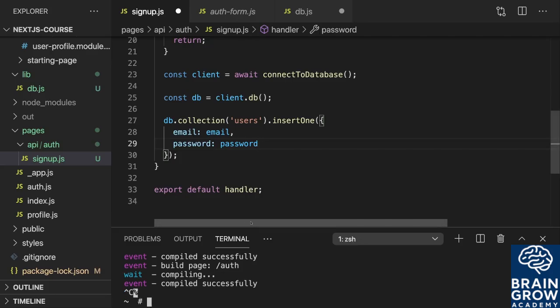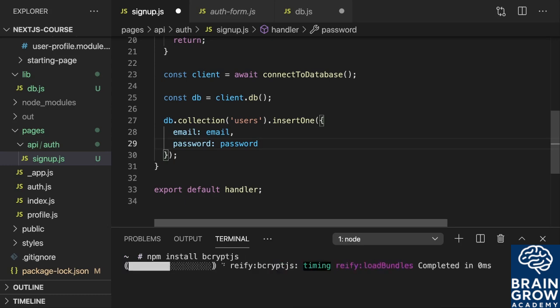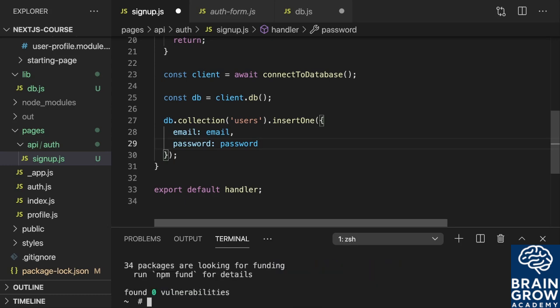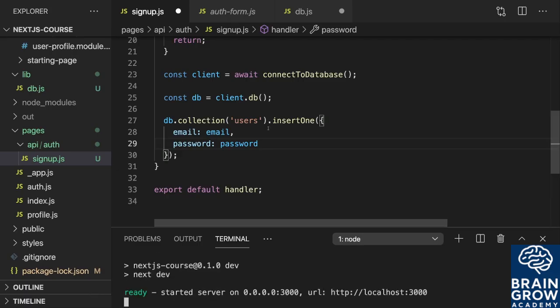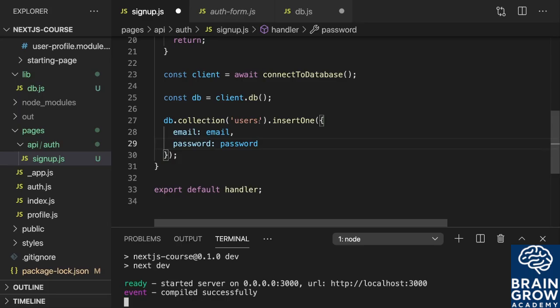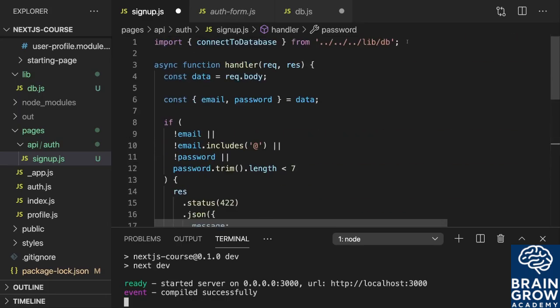And to encrypt passwords, we can install another third-party package with npm install, and that's bcryptjs, like this. That's a package which helps us encrypt passwords, or encrypt any kind of data, of course, but we'll use it for a password here. And hence I'll start my dev server again,